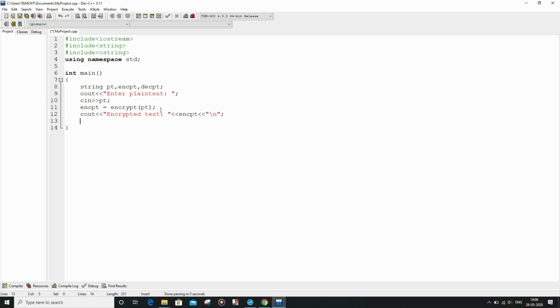And I am going to do the same thing for the decrypt as well. Here the encrypt string variable will be passed as parameter or input to the decrypt function.